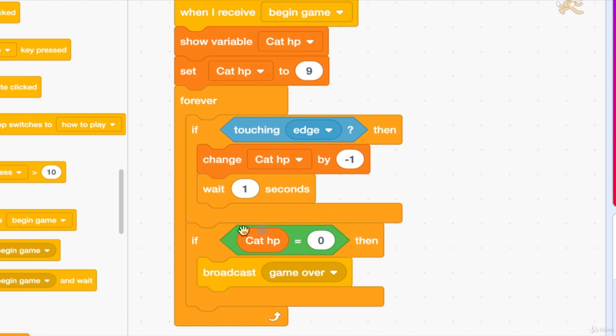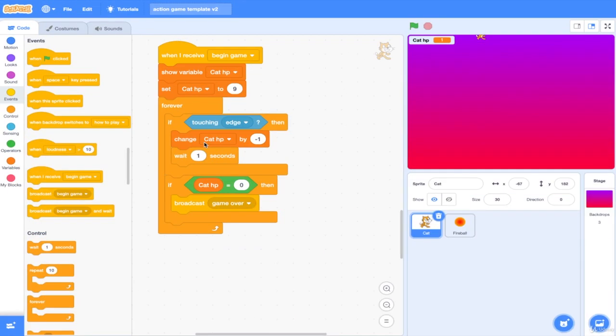Now, if it does that, this broadcast won't be triggered. What we can put in here is if cat health points are less than 1, which would mean that 0 or -1 or -2 would trigger the broadcast game over. But it's better if we do this. We are going to temporarily remove the touching edge sensing code block from our if, and we'll put it down